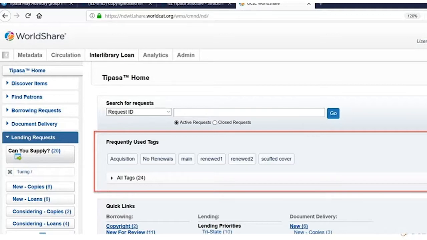There's also another question related to Iliad asking, are tags similar to flags in Iliad? I don't know, Gina, if you can answer that one, and also a follow-up, they don't change the actual status of the request. Right. I'm trying to remember the flags in Iliad. I don't know if I used those. I do know